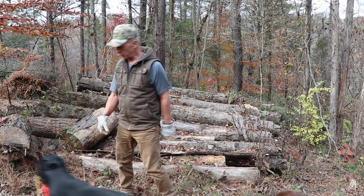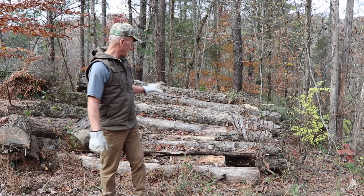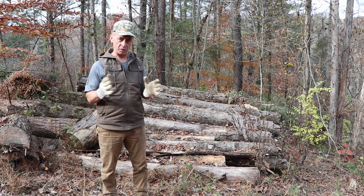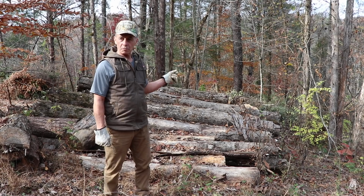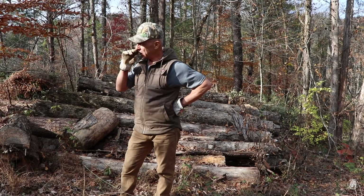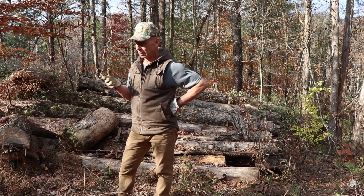I've got 2 stacks of poplar. There is a couple of cedar on the back side of this, but for the most part it is poplar, and this came from toward the top section, but I didn't want to throw them away. But at the time there wasn't really anything I could use those for because I needed something wider and larger, so I basically just saved them. But what I'm going to do is, like I said, I'm going to have to move this pile, and I've got another pile over there that's got to be moved, plus the slab wood. I've also got some wood stacked up between a couple of trees here that I've had, probably going on 3 years now, from when I originally came up clearing the road